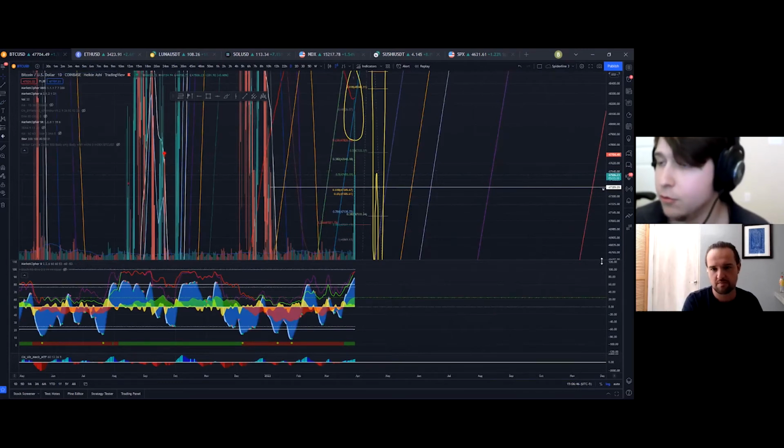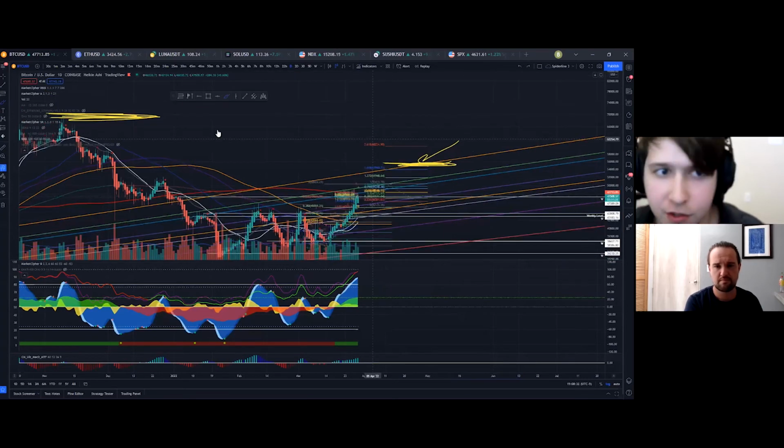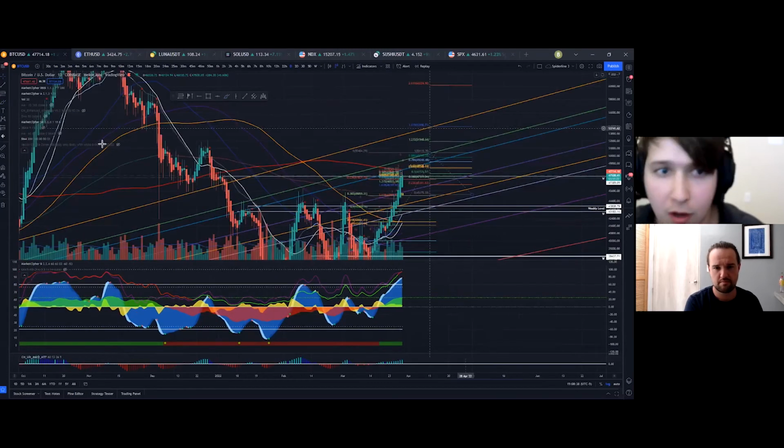If I wasn't already in a swing position and I was looking to enter one, I've deleted all the spider lines off my chart except for this one at 56.6. I do believe that this is going to be the top of the dead cat bounce. So I am swing trading with my stop loss at all-time high.